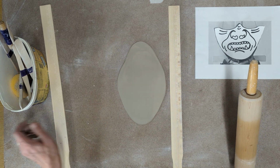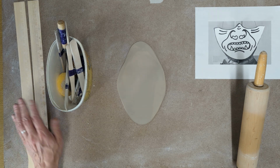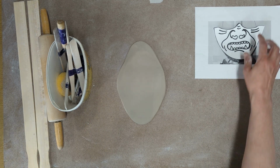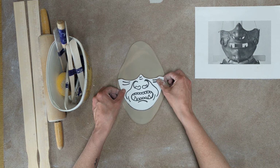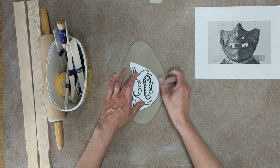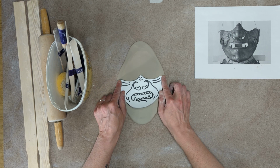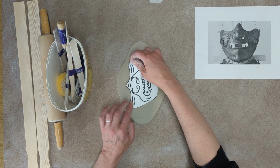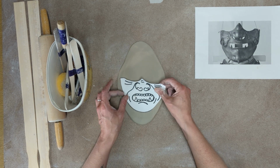So I'm going to go ahead and move my paddles out of the way. Okay, and now we're going to start getting to the fun stuff where we're going to start getting into our clay tools, okay? So I've got my template over here. And fortunately, it does fit across this way, but if yours doesn't fit across that way, it'll probably fit this way, okay? So in fact, let's see, that goes right to about the edge there. I'll go ahead and cut it out this way, but I have plenty of room to cut it out that way. And the way that we're going to be cutting it out